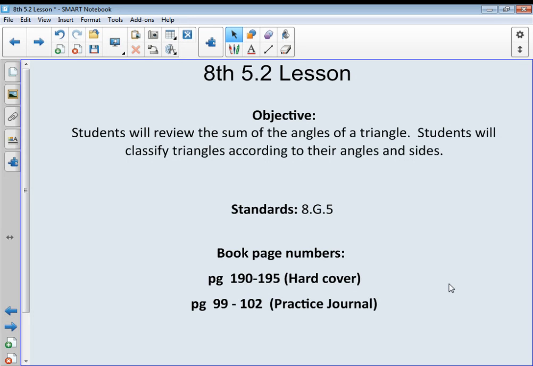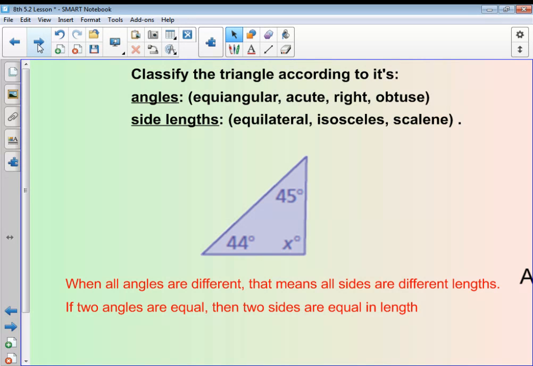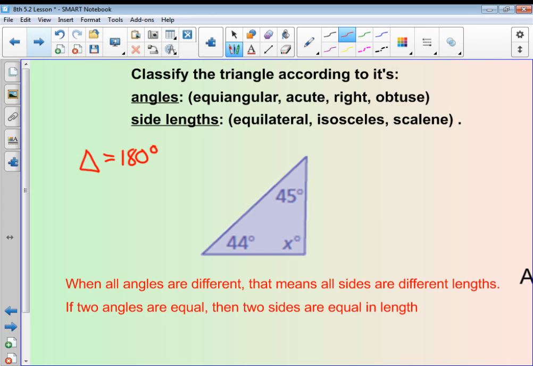99 through 102. We're going to start out with working through having students identify the sum of the angles of a triangle. So when you look at this triangle, we have to remember that the angles of a triangle, when added together, equal 180 degrees. Okay, so now what we're going to do is we're going to go ahead and classify this triangle, but in